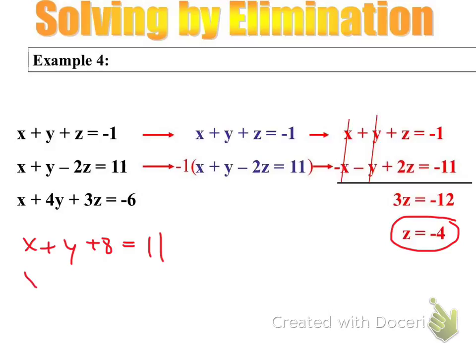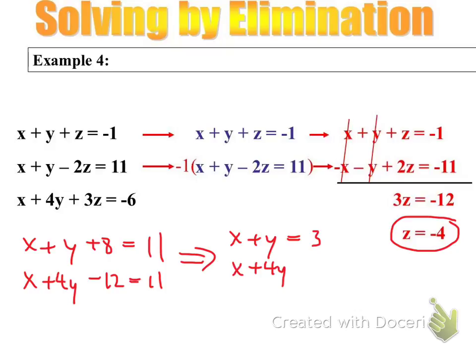You could take the third equation, x plus 4y plus 3 times -4, that's -12, equals 11. Then we can subtract 8 from both sides, get x plus y equals 3. The bottom equation, if you add 12 to both sides, you get x plus 4y equals